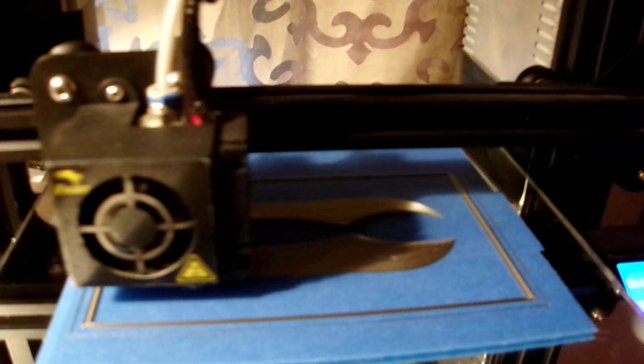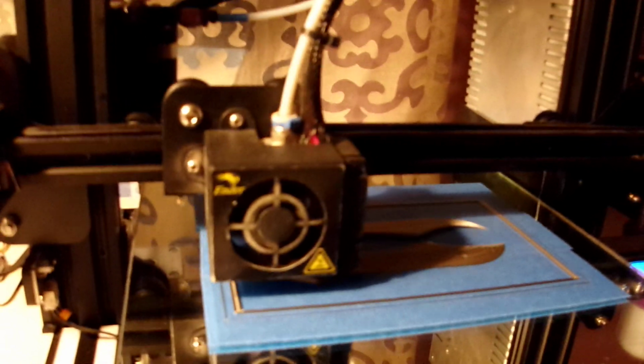All right, here is the video that I mentioned earlier. My Ender 3, this is just a stock printer. It has just the basics of 3D printing. All you need is the filament, extruder, filament delivery, hot end, and table. That's all you need. And in this particular case, I'm printing with a 0.4 millimeter nozzle, and I'm printing silk